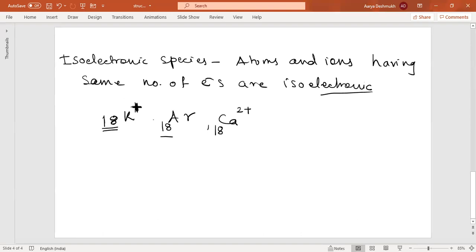Actually, calcium's atomic number is 20, but when it loses 2 electrons, there will be 2 positive charges here. Now, I hope you know, whenever there is a loss of electron, there is a development of a positive charge, because the electron is lost from here. And whenever there is a gain of electron, there is a development of negative charge. So this negative sign indicates the presence of an extra electron here, and this positive sign indicates that the electron is lost from the atom or the element. So this is about the structure of atom.